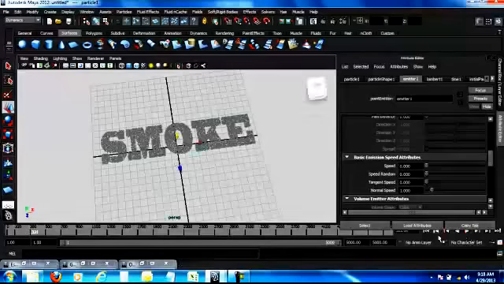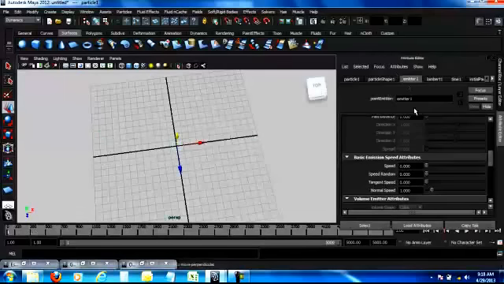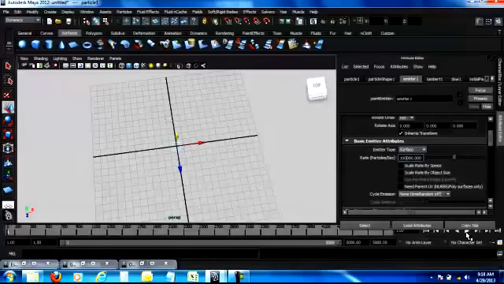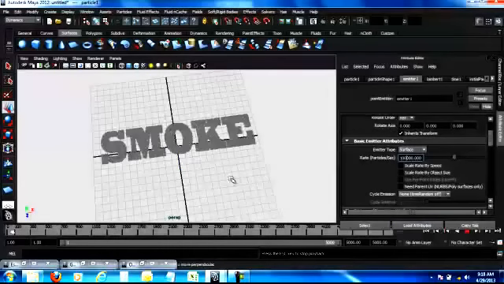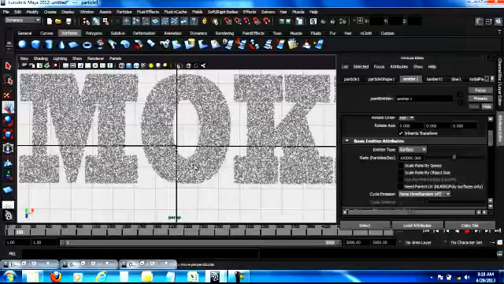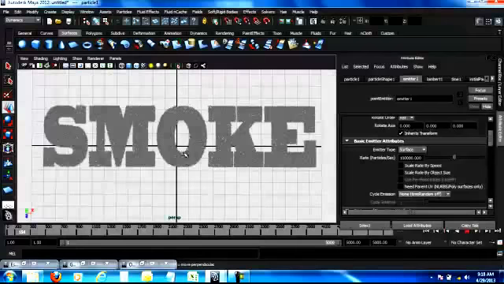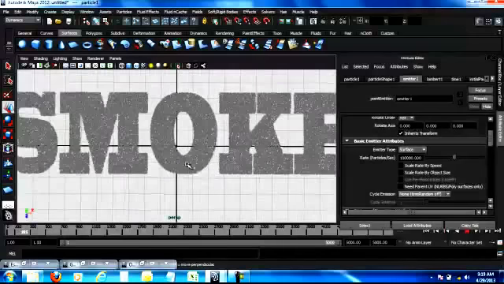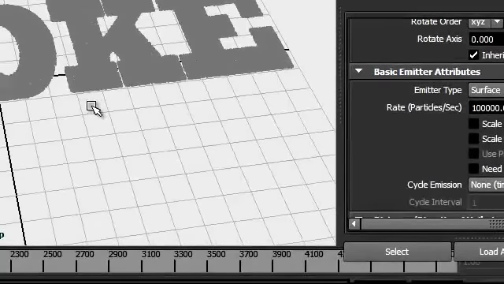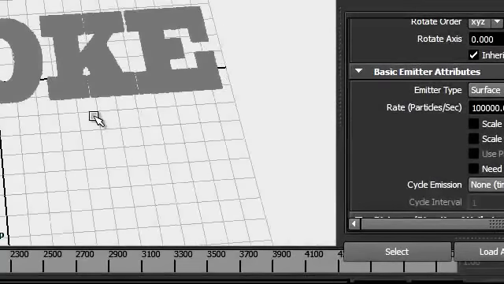So what happens here is, let's come to my rate and let me just shoot up this rate. Right, so you can see here all those tiny holes are getting filled. So I've got a much more detailed particle structure to work with. Right now these particles are free, they are in the form of this text, but you can apply fields to them, you can do all sorts of cool stuff here.